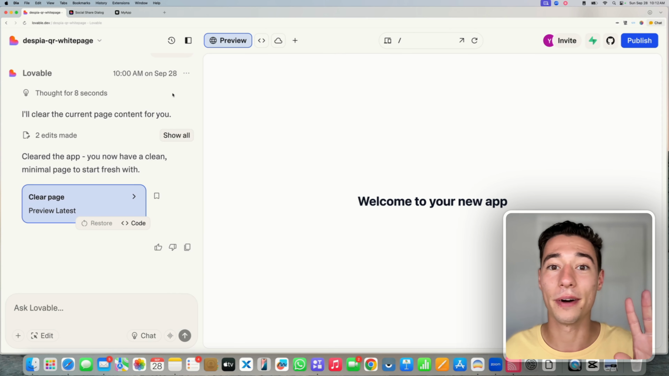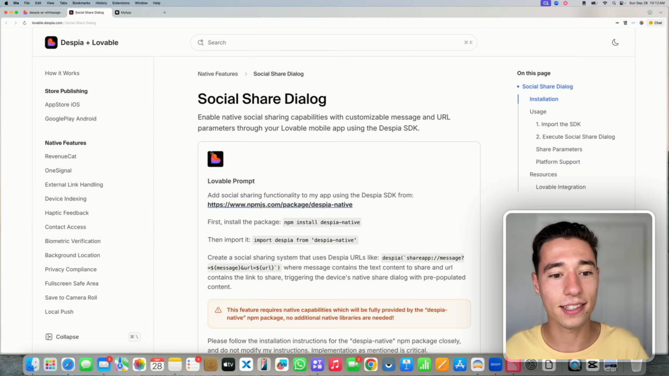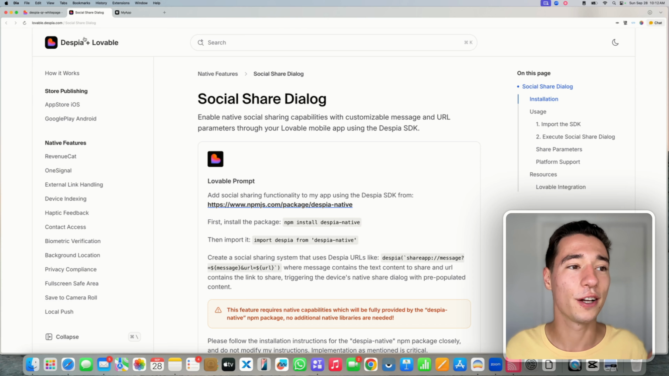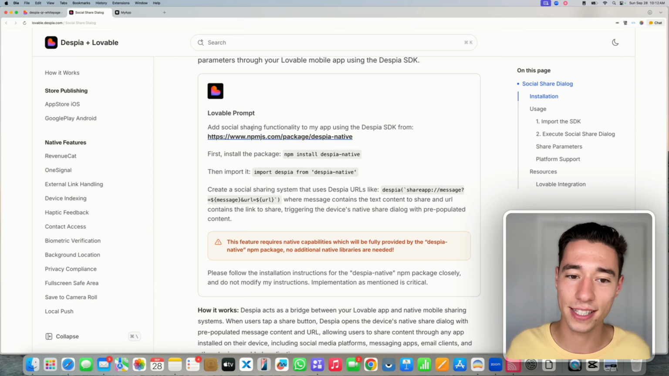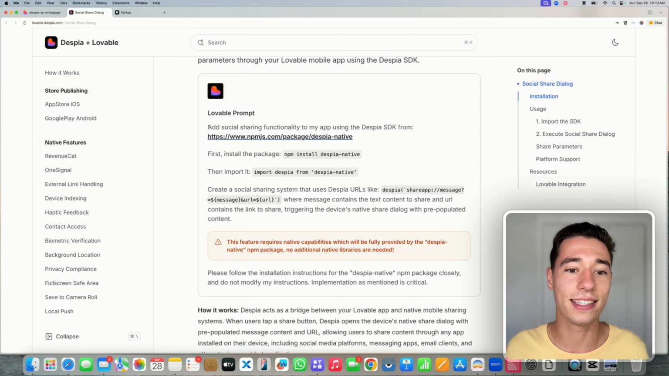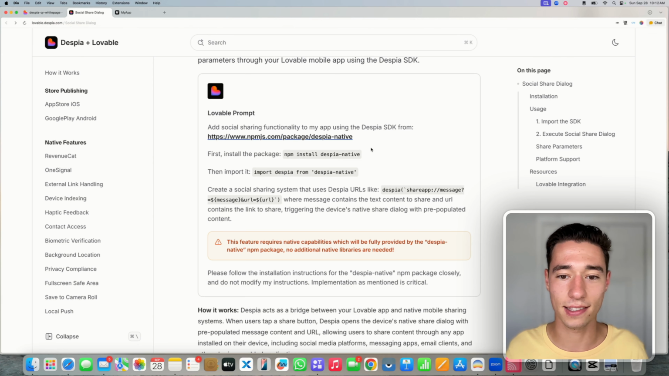As you can see, I already have my Lovable project and it's already linked with Despia. That's all we've got to do. Then inside of here, I'm going to go to lovable.despia.com, go to social share dialog, and then we have the system prompt inside of here. So as you can see, it's adding social sharing functionality using the Despia SDK. It will reference the Despia SDK, as you can see inside of here, with the npm link, and then it